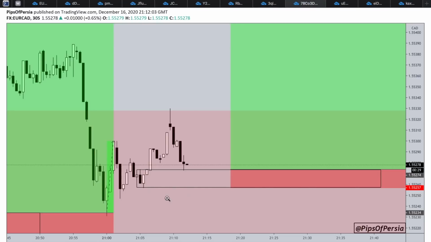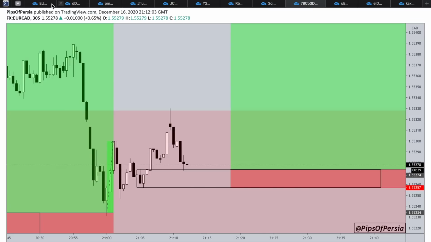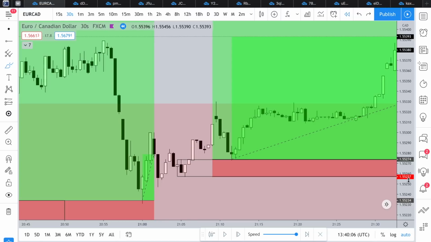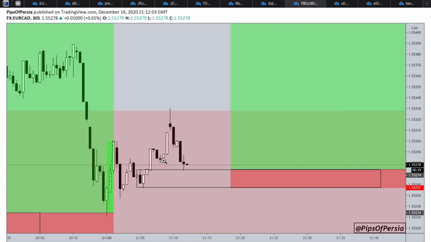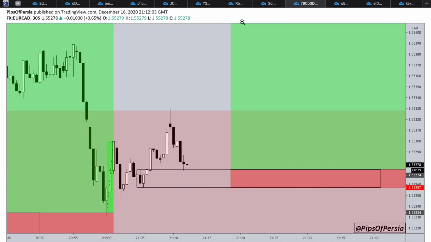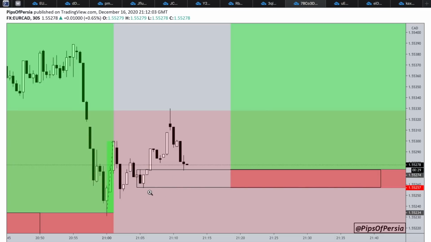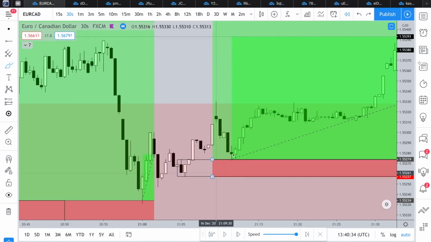And this is exactly what I've documented over here. 55274 and 55257. So in this screenshot, you can actually see the same entry, same stop loss, the same institutional candle before we had the move higher, and this is the date and time. If you want to have a look at that in your own time, put it in replay mode and study that for yourself. The expectation was that we can mitigate the high of that institutional candle, and as long as we have our stop losses at the low, we should be okay, which were the second entries over here